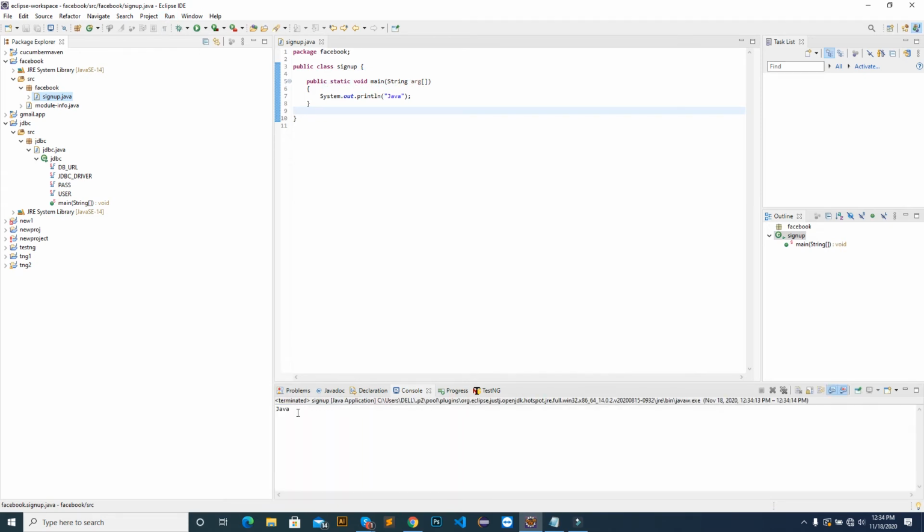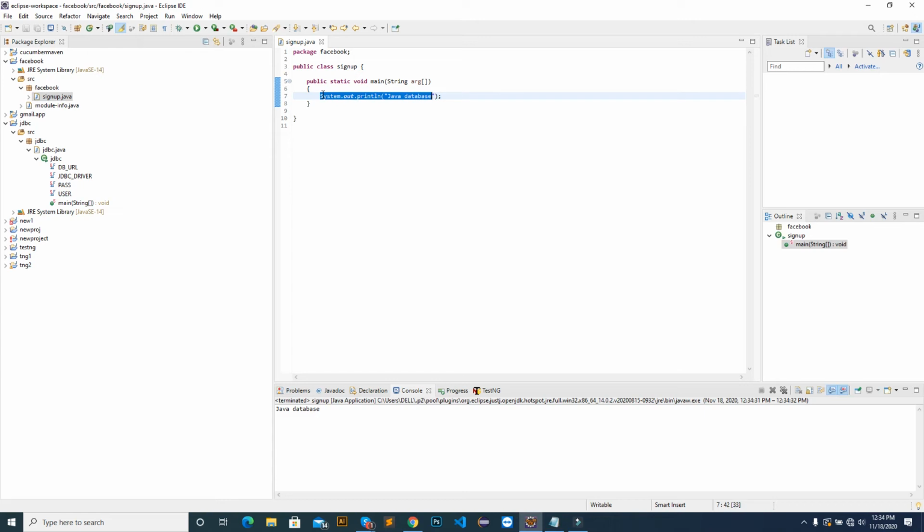So you see this Java, this Java folder. If I write this Java database, this is the string, right? Save it and execute it. You see Java database. So our class is working, right?